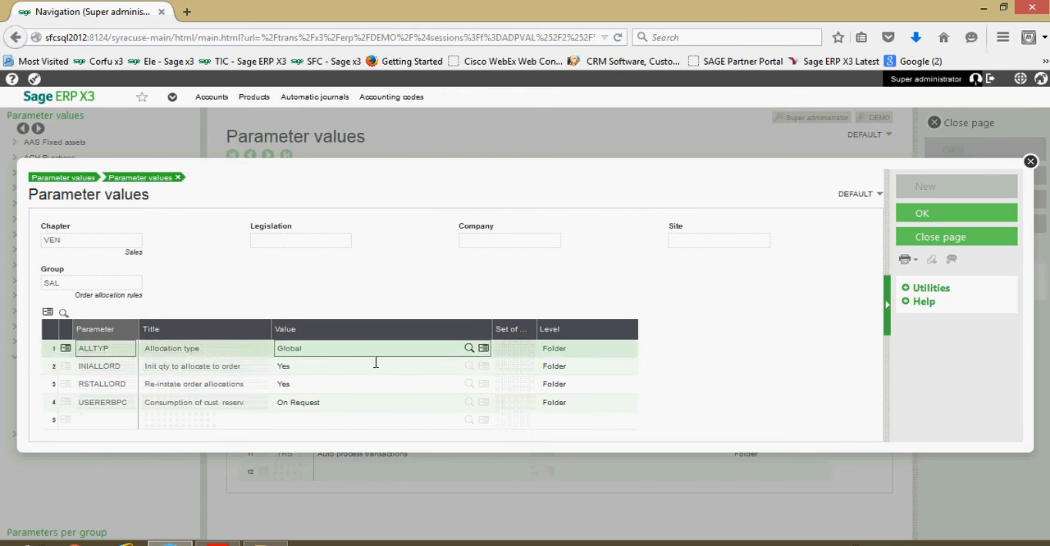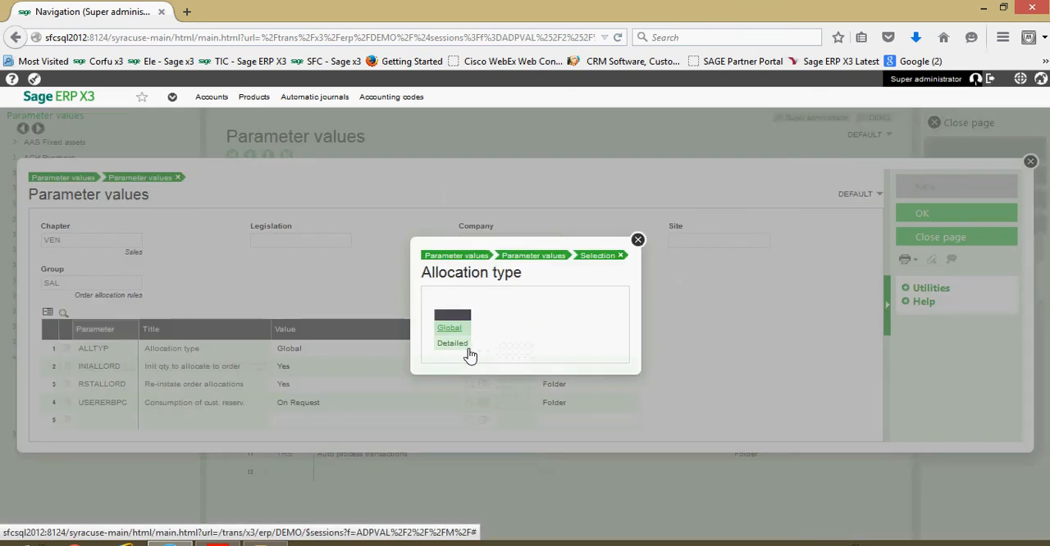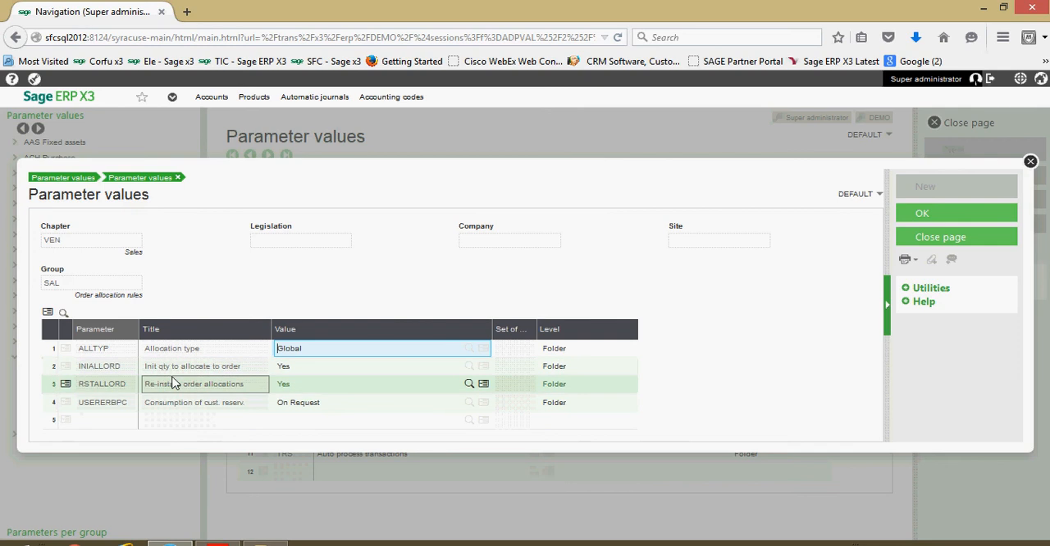So the first one here is our allocation type. This is the indicator when we are putting a sales order into the system, if we want our allocation type to default to global or detailed. This is where we can go ahead and set that default. It can always be overridden on an order by order basis, but that's what the default behavior is going to be. This second parameter here, the initial quantity to allocate to the sales order, that can either be set to